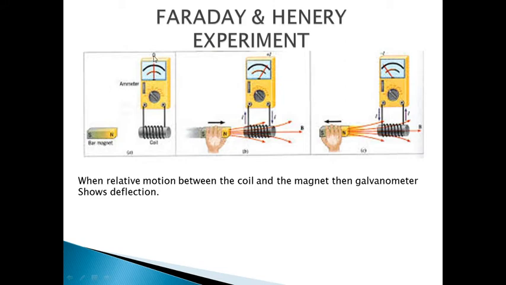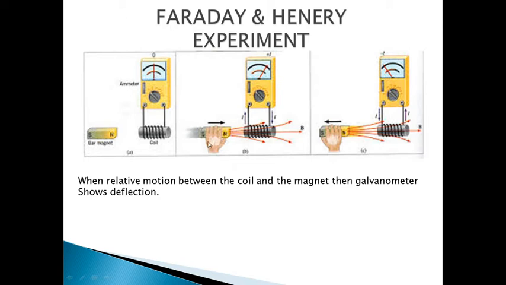Here it is pointing at 0 at the center, so it's a galvanometer which detects the presence of current in the circuit. Even if you connect an ammeter here, the ammeter will read the amount of current in the circuit. Because there is no battery connected to it, it is pointing 0. That means there is no current in the coil. The bar magnet is at rest, the coil is at rest, there is no battery source, so the current in the coil is 0.